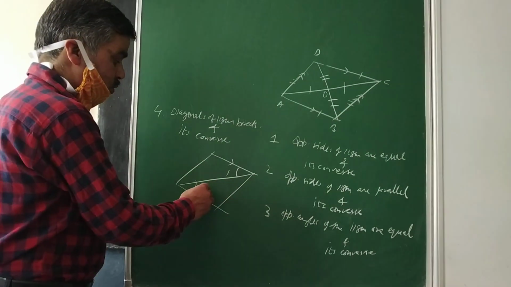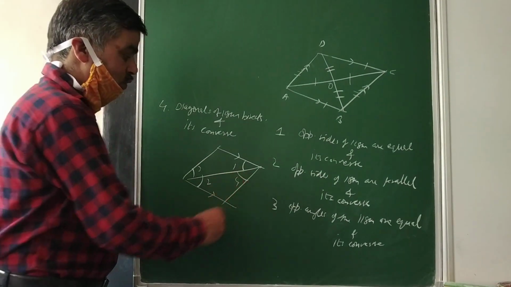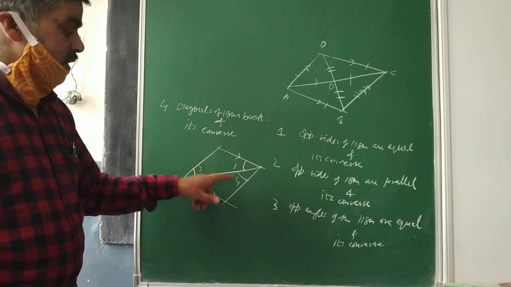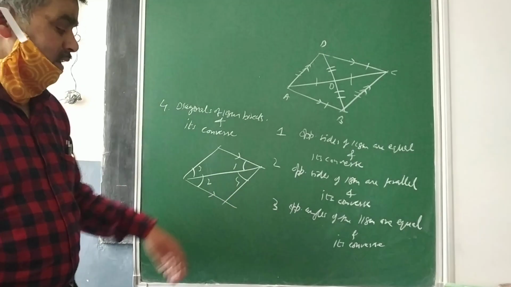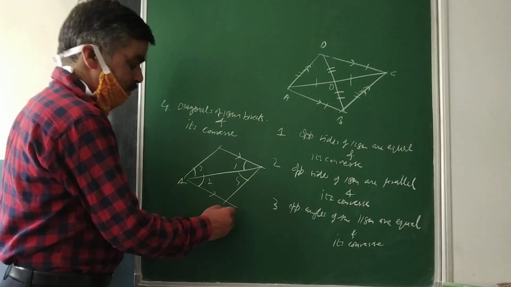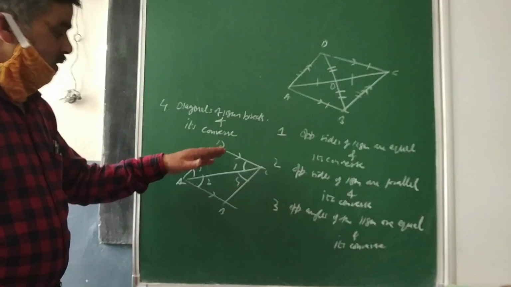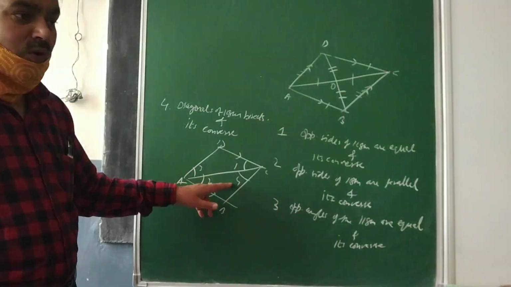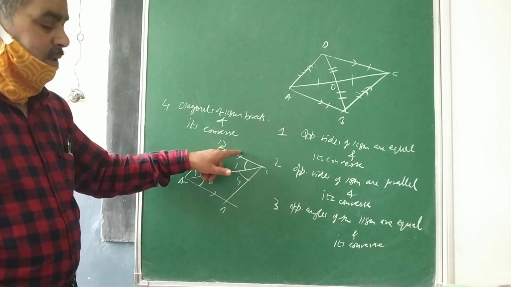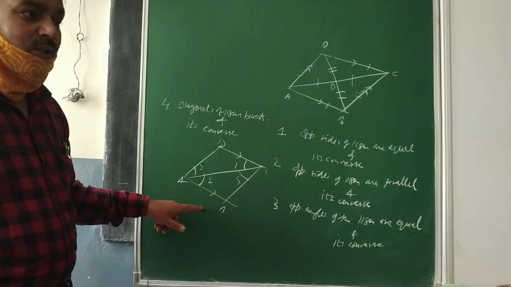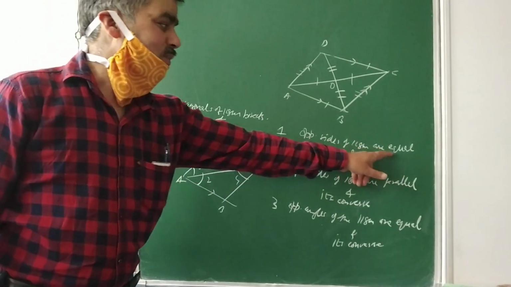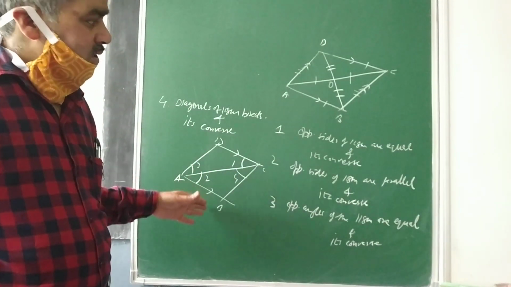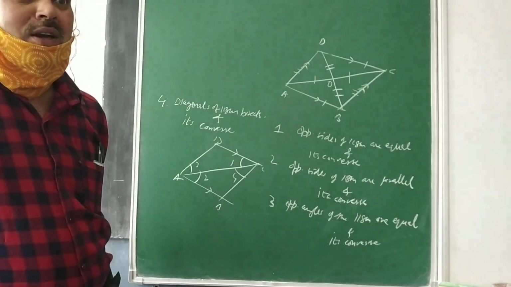So angle 1 is equal to angle 2, similarly angle 3 is equal to angle 4. And 1 equal to 2 means these are alternate angles, and 3 equal to 4 means again these are alternate angles. If I mark this as A, B, C, D, I know this triangle is congruent to this triangle. So if these 2 triangles are congruent to each other, then by CPCT I will write this side is equal to this side and this side is equal to this side, and that is the proof. I have proved that in any parallelogram the opposite sides are equal.